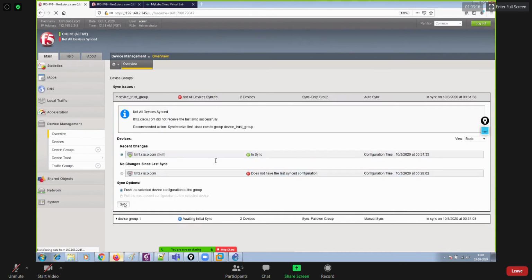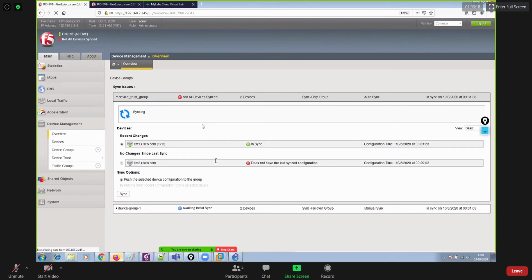Click on sync, and this time a full sync should take place, right? Full synchronization must take place. So the complete configuration will be copied from LTM1 to LTM2. However, we do not have any configuration on LTM1 yet. So wait for some time.